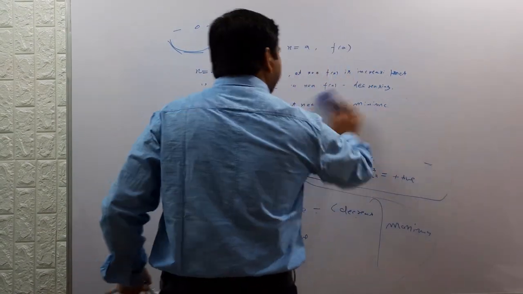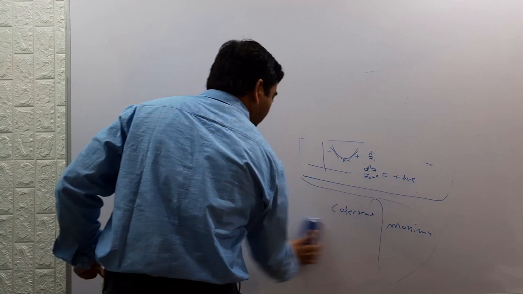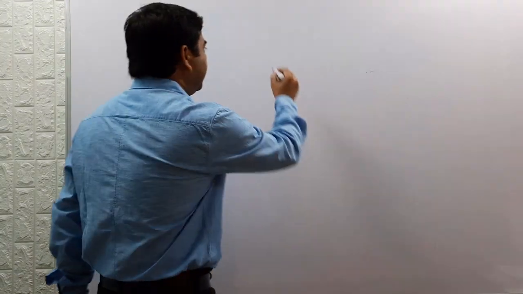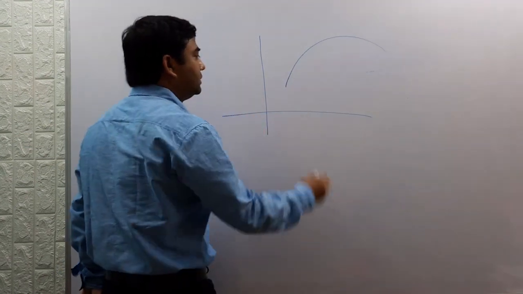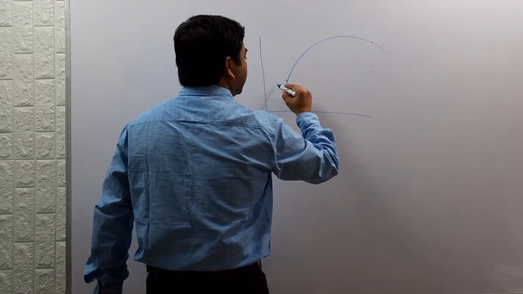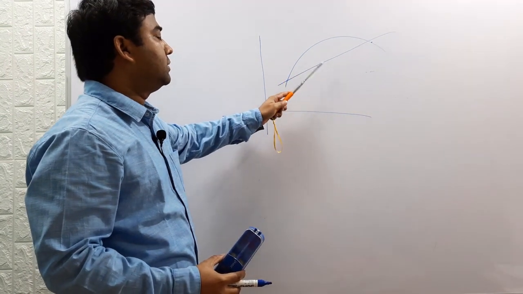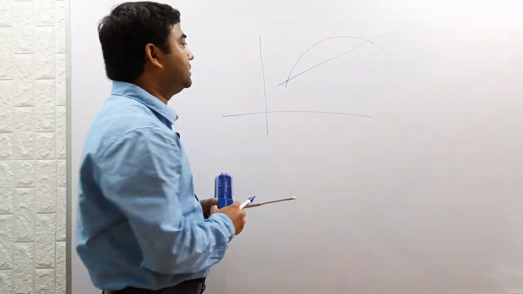Another thing, the last thing in this derivative concept is concavity and convexity of a function. This is not a new thing and not a very important thing, but I just want to share it with you. Concavity for a function is called concave. This is a supposed graph. Join any 2 points with a secant. If the curve falls above this secant, this line, then this is called a concave function.